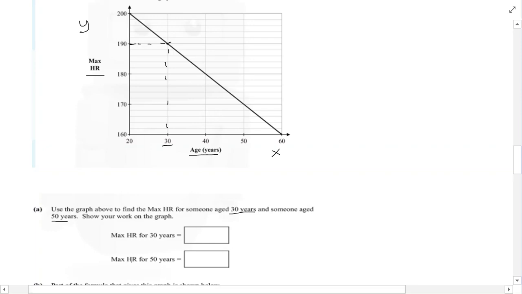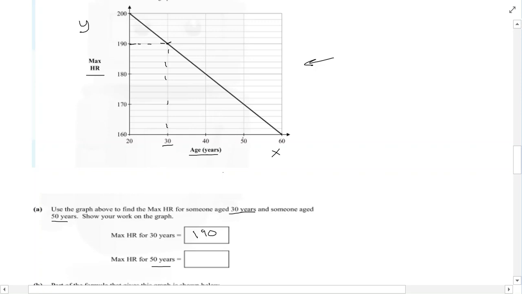So we can write in here, the maximum heart rate for a 30-year-old, based on this formula here, or based on this graph, okay, that's what they mean by the formula, it's the graph that we have here, is equal to 190 beats. So the next one then is, if you're 50 years of age,